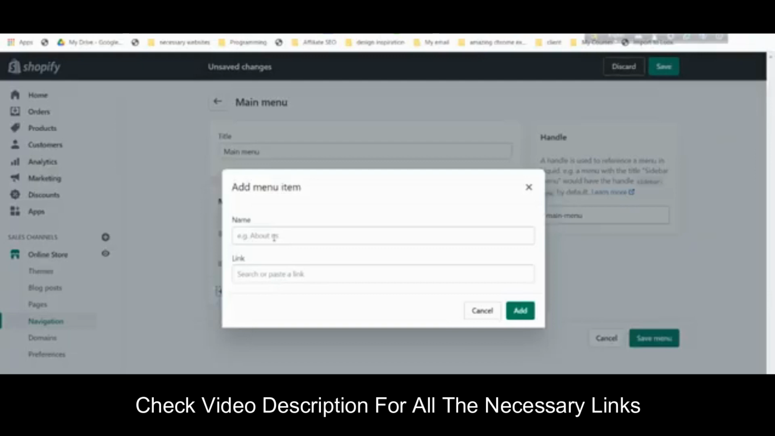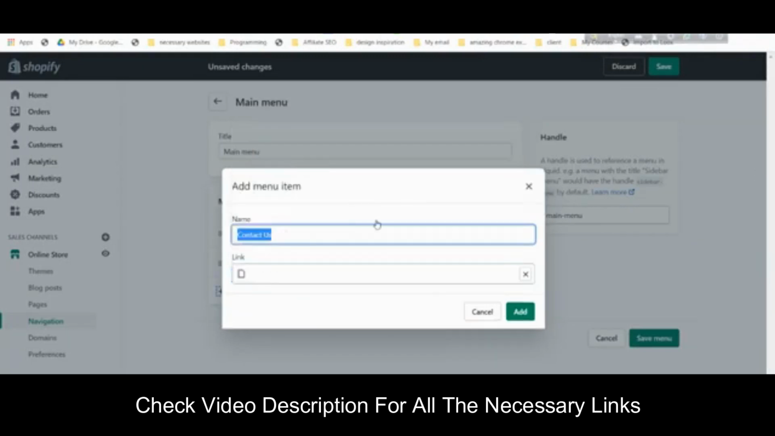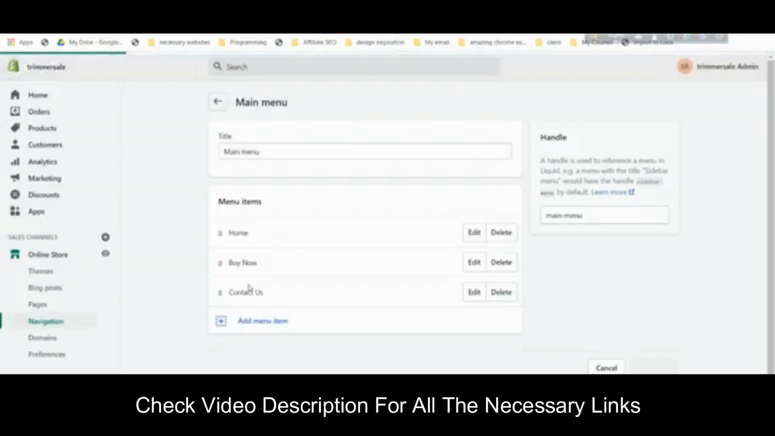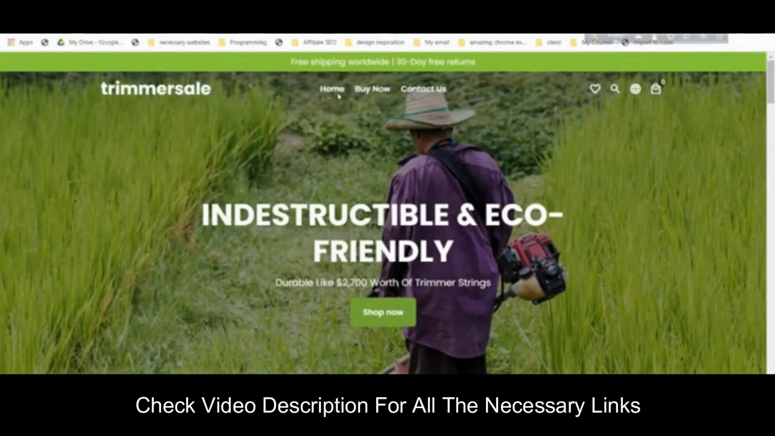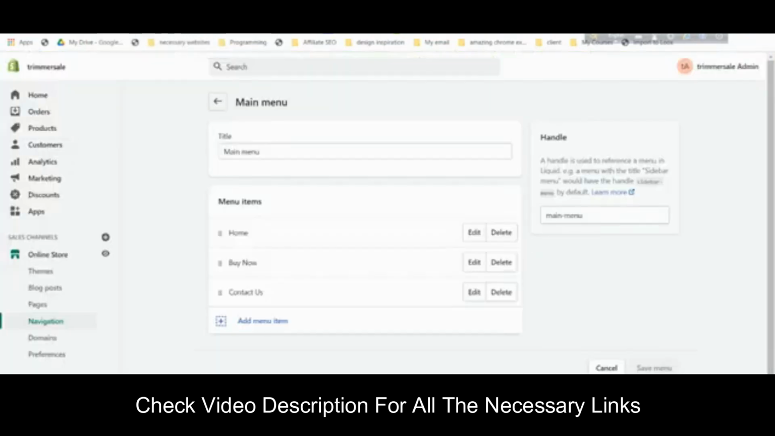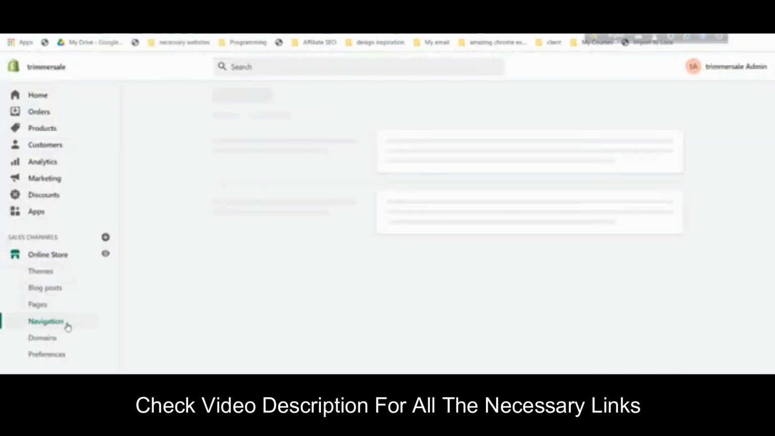And then for the second, I will click on this and then click on pages, and then I will select the contact us page, then click on edit, and then click on save. So this is our main menu, the menu that we see. If we refresh this, you will see that home, buy now, and the contact us page have been added. So for the footer menu, we'll go again to the navigation